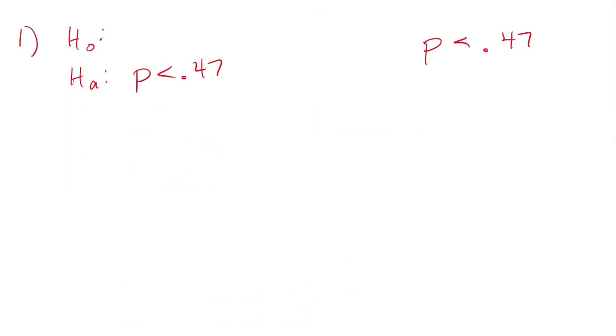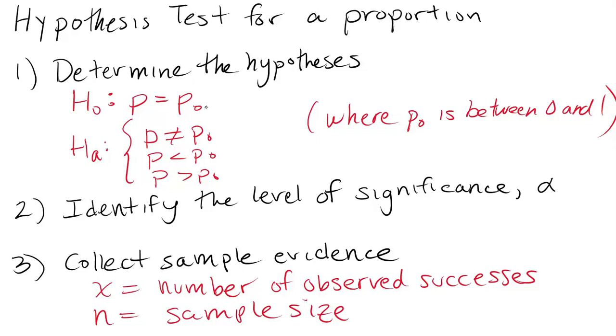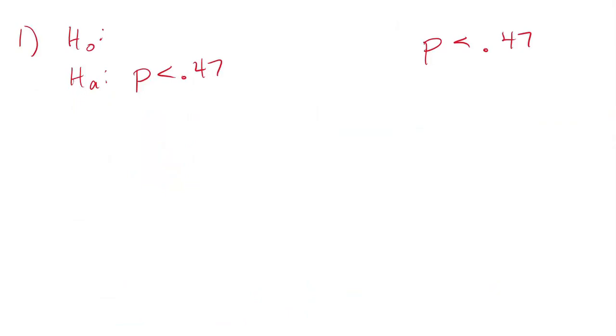The null hypothesis is always a statement of equality, and notice that in our nerdy notation, the number that we use in each hypothesis is the same. So if you know the alternative hypothesis, the null hypothesis is easy to come up with. It has the same parameter and the same number, but it's a statement of equality rather than an inequality. So the null hypothesis is the claim that P equals 0.47, and the alternative hypothesis is the claim that P